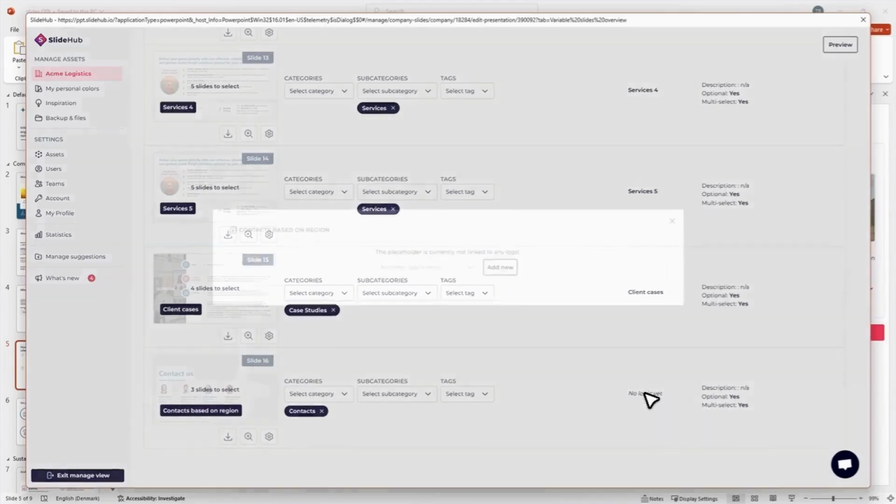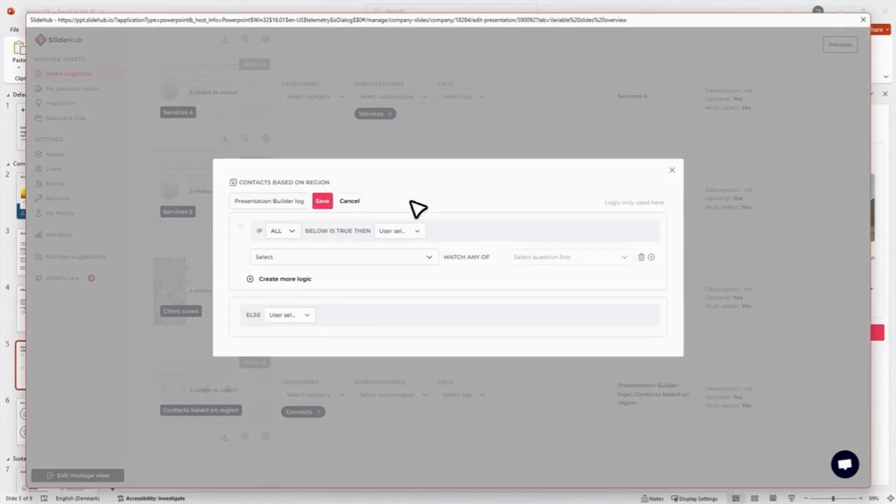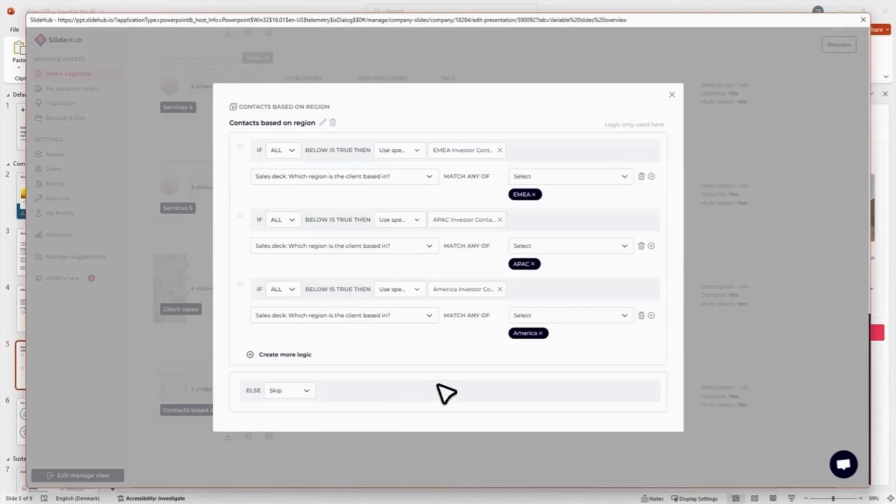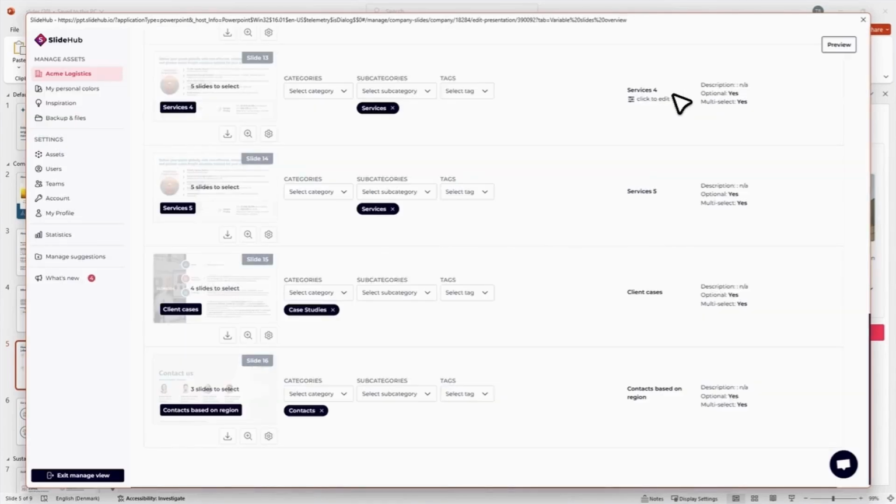For the contact us variable group, I use the question about the client's region. If America is selected, insert the America context slide. If EMEA is selected, insert the EMEA context slide. And if APAC is selected, insert the APAC context slide. And that's it, all the logics are set now, and the presentation will always pull in the correct slides based